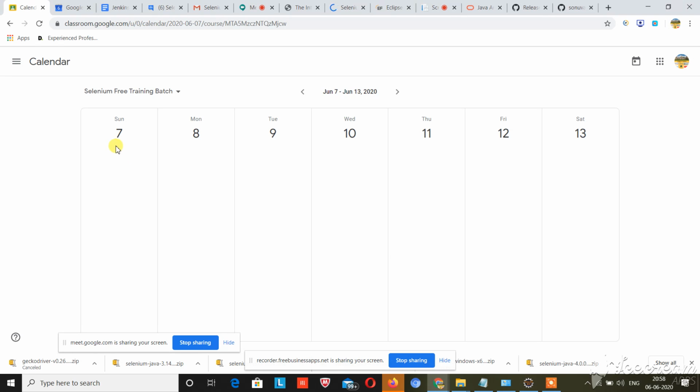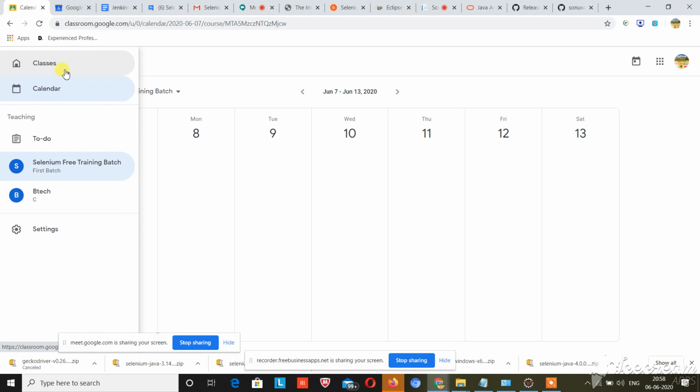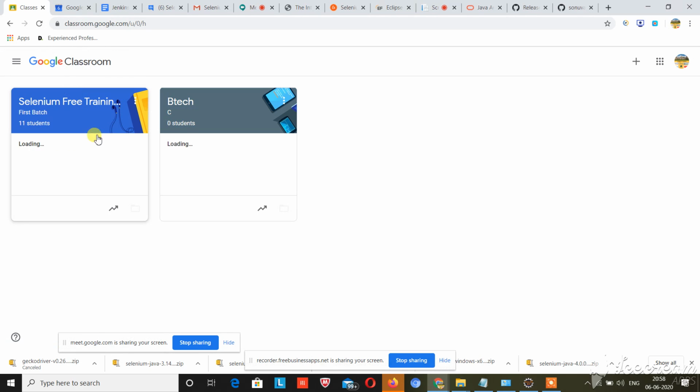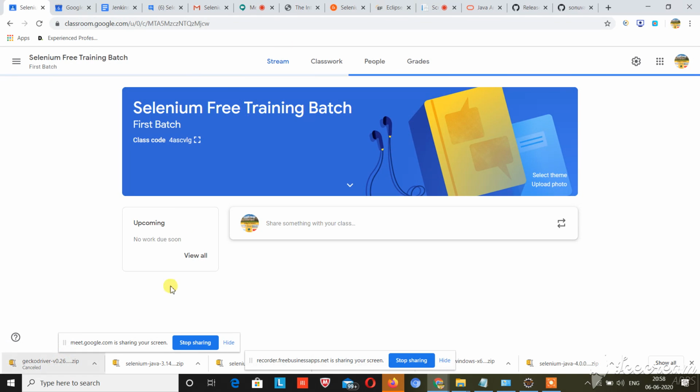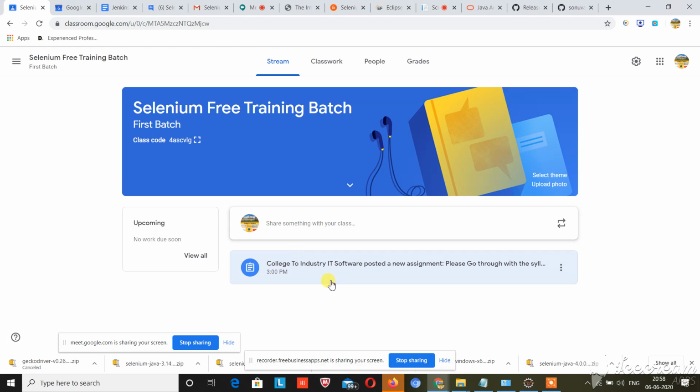If I create a class for tomorrow, you will see it in this calendar. No, before the calendar, you have shown one thing, right? I'm asking regarding the classes. Exactly. I can't get your question.